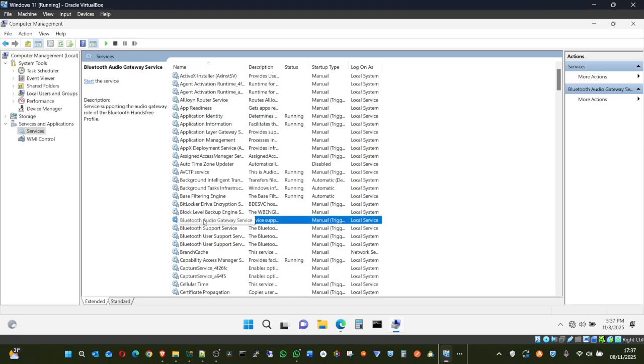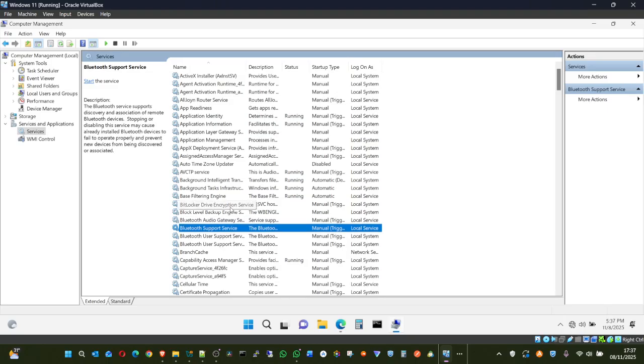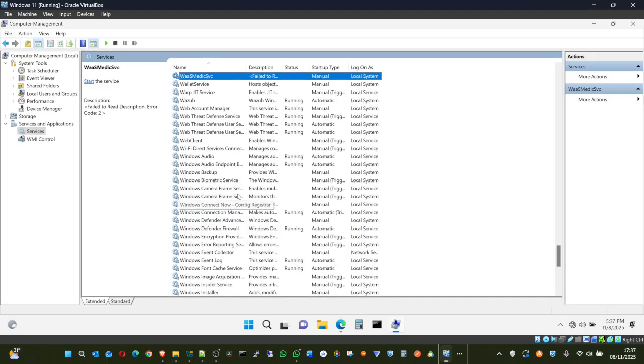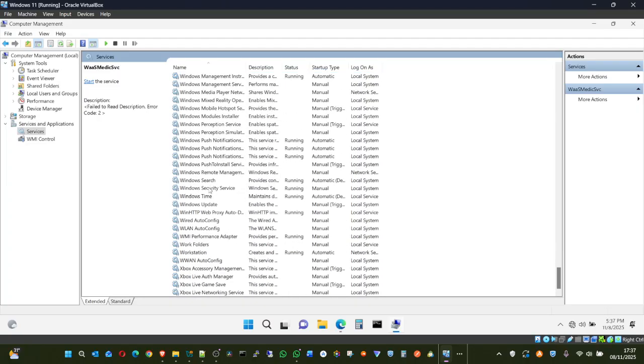For example, Bluetooth. Bluetooth is not running right now because I don't have any Bluetooth service running. Maybe you are looking at my Wi-Fi not working. You can come down to services, press W, scroll down, and look at Wi-Fi or wireless.